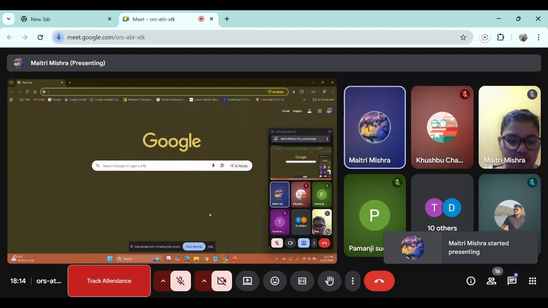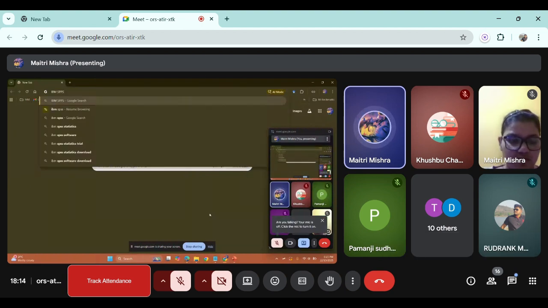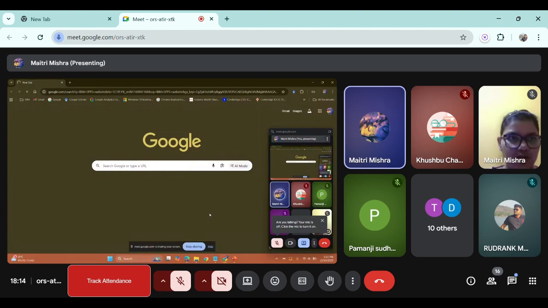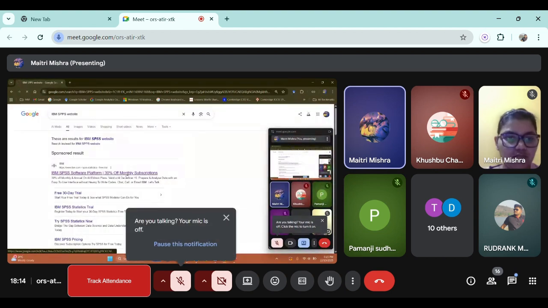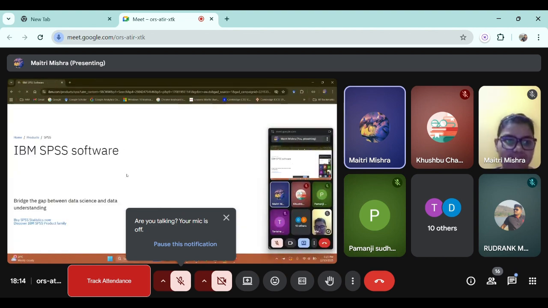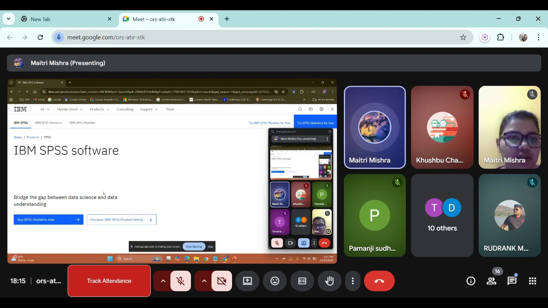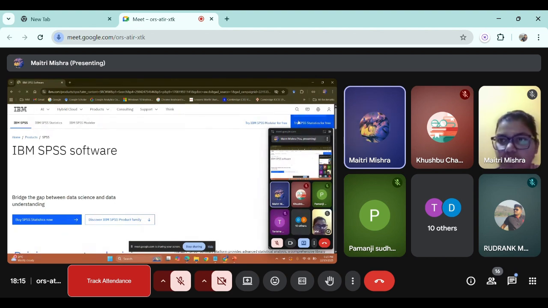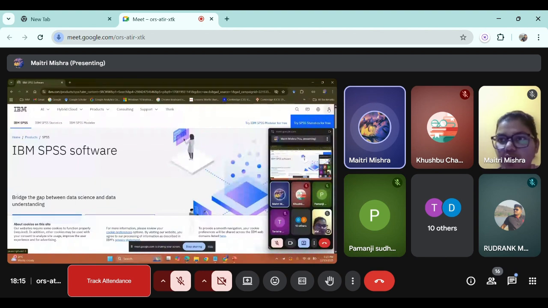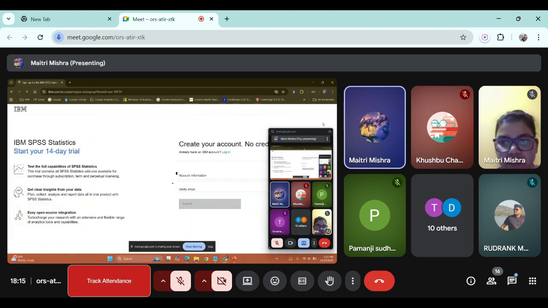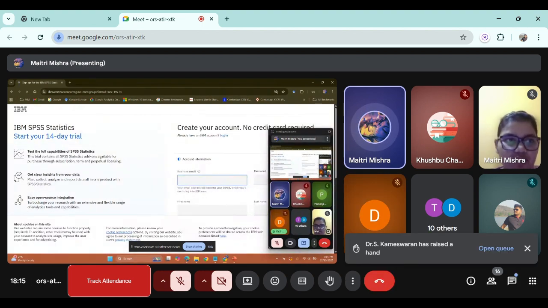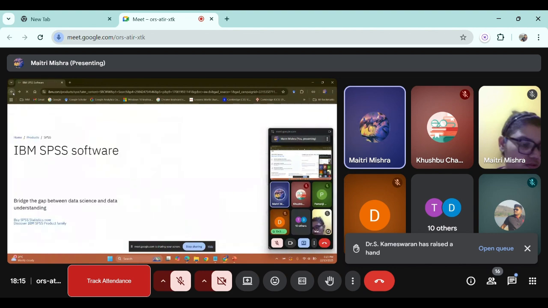The IBM SPSS website. Have you registered yourselves on this website? Like, have you created a login for yourselves on this website? We will need to download SPSS for practicing. So when you come to this website over here, what you need to do is,